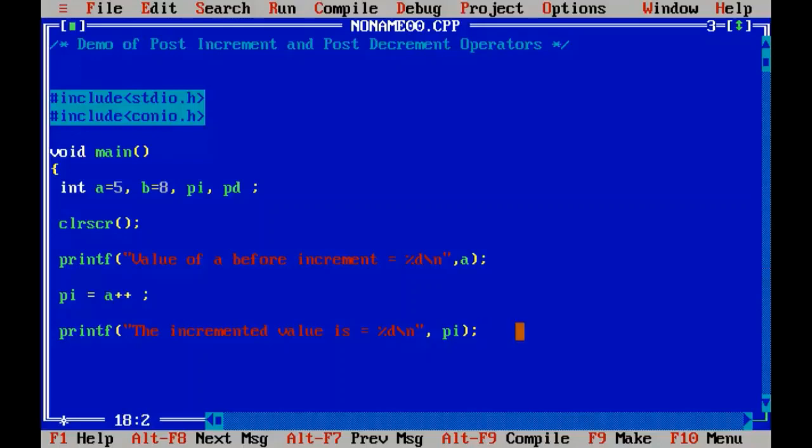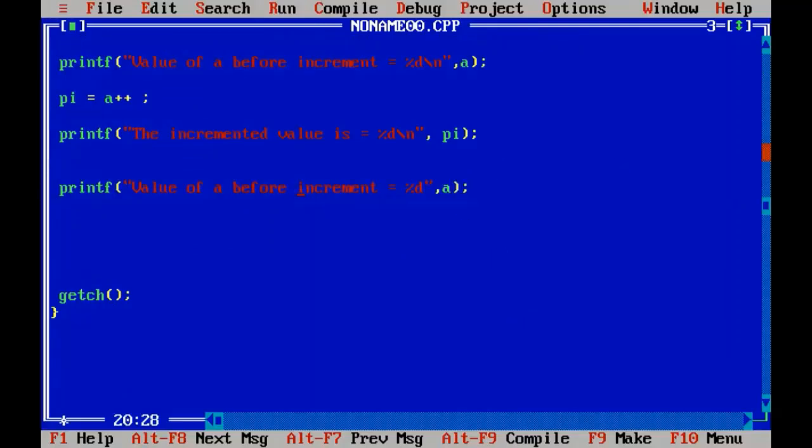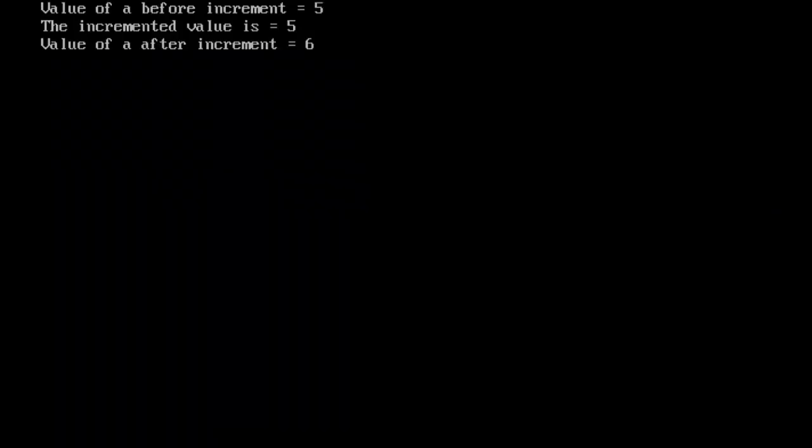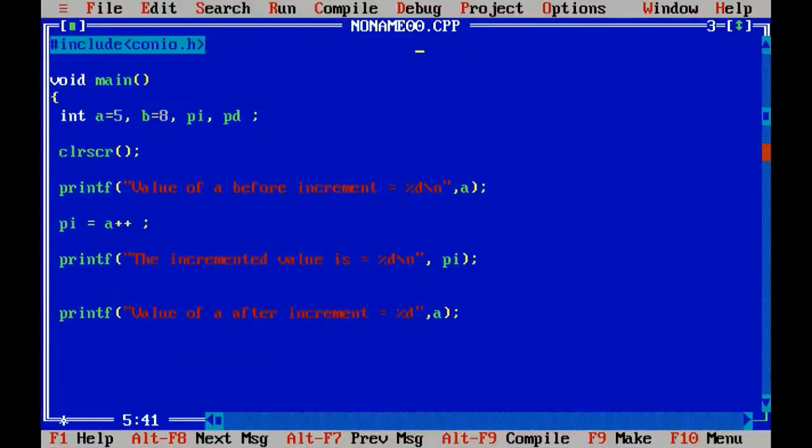So now let's go and print the same sentence. Shift insert, right? So value of a after increment. Let us check this. Control F9. So look at here. Value of a after increment is 5, but the value has not stored in pi variable.